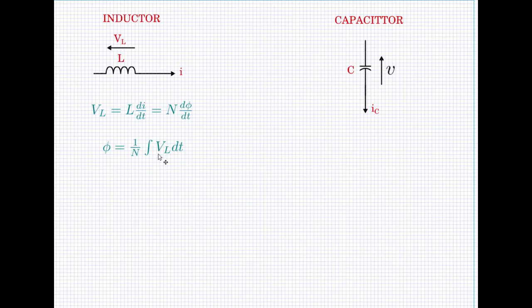The important part here is VL dt. If VL was 0, then phi would be a finite value by this equation. If VL was not 0 but has an average value, which means it is like a DC value, then it starts getting integrated with time and keeps on increasing. And the flux also keeps on increasing until at one particular point, depending upon the material, it will saturate. Once it saturates, there is no longer an inductance effect, it will just be a piece of wire. Therefore, it is very, very important that VL doesn't have an average value,